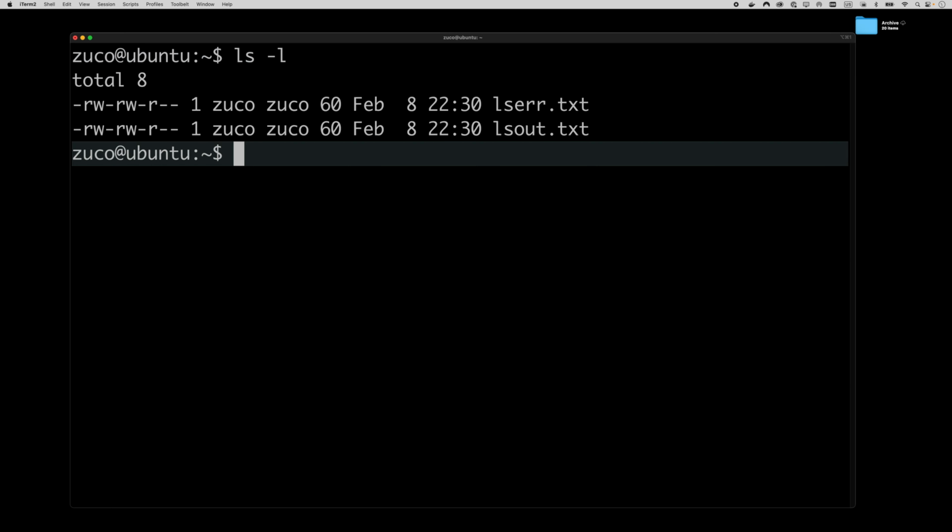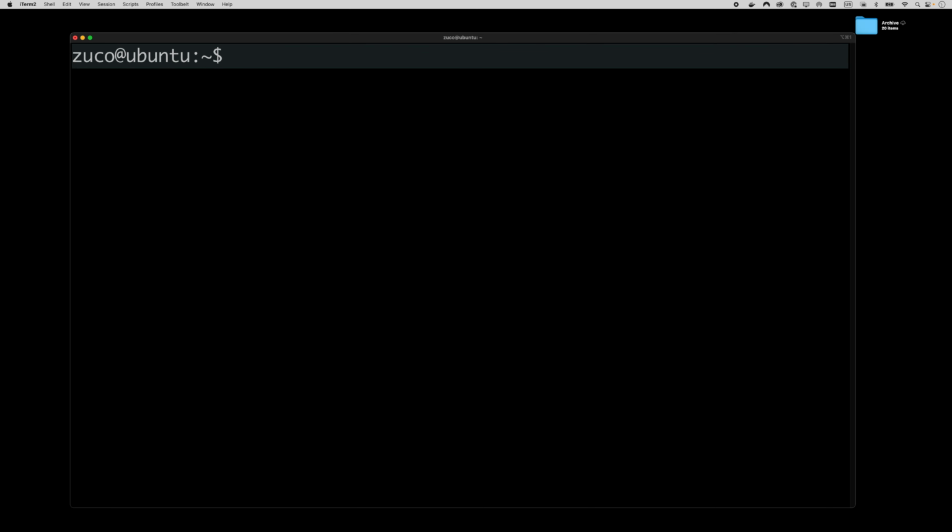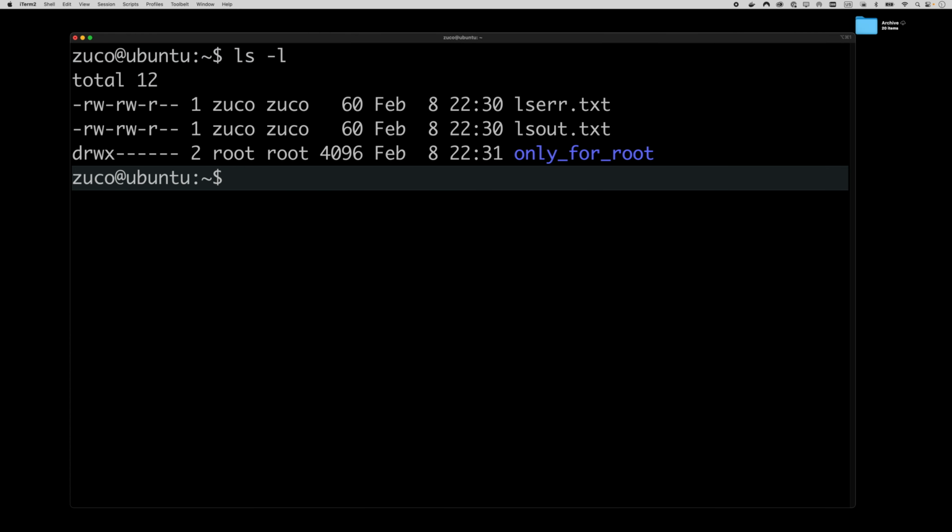So here we will have one file for output and one file for error. What if we want to redirect, for example, at the same time, the error and the output in two different files without having to run the command twice as we did here? To illustrate this, let's see, for example, here,